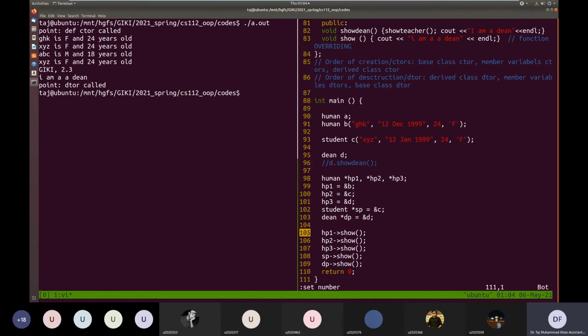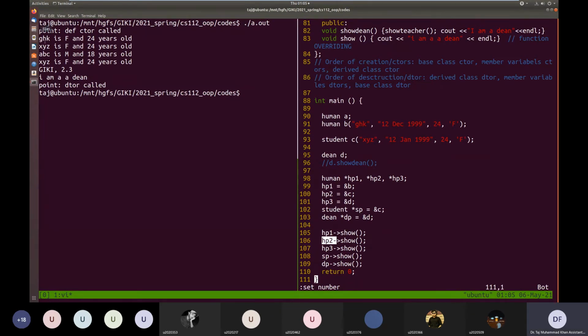Line number 105 is basically the first one: this person is F and 24 years old. HP2 arrow show is calling show for the student object.